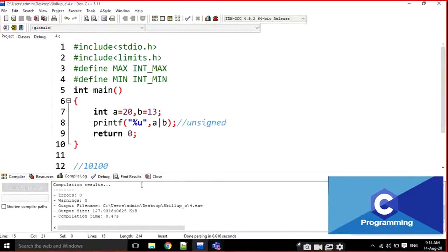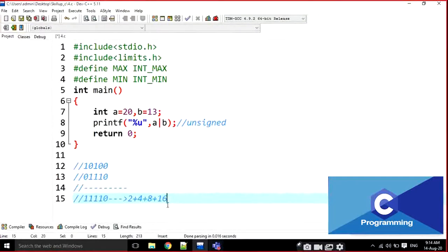29. Wait. 13 value, I think this one. What is the binary value for 13? 8 plus 4 plus 0 plus 1. 1 0 is 0, 0 1 is 0, 1 1 is 1, 0 and 1.